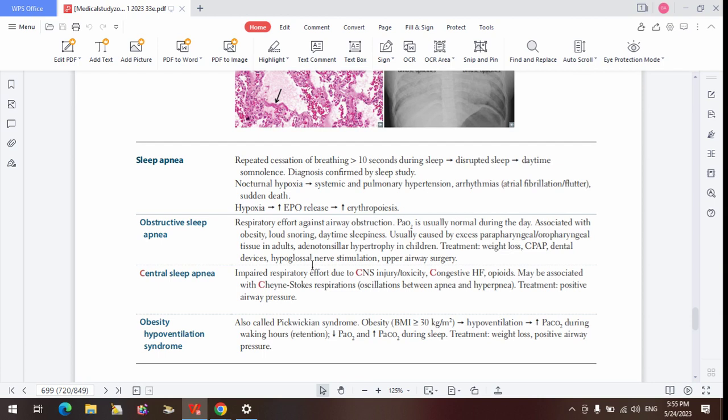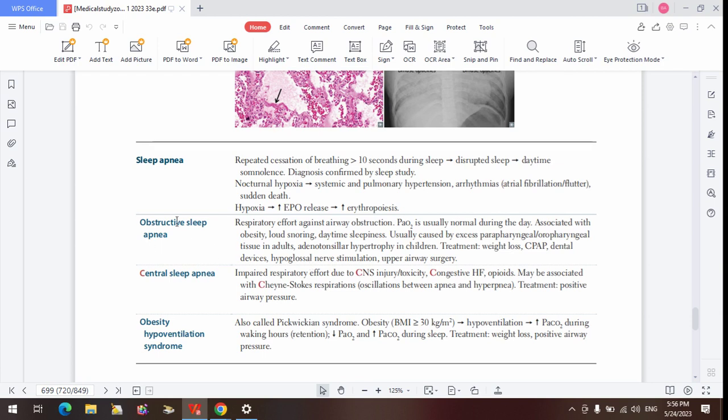Just imagine someone having a lot of mass, a high amount of tissue deposit within the pharynx. The pharynx has the nasopharynx and the oropharynx. The oropharynx is the one from the mouth that is leading to the trachea downwards. So if there's obstruction at that area, that means that you are not able to get air across those upper airways downward to the trachea. So because of the obstruction, they tend to exert a lot of respiratory effort to overcome those obstructions. That respiratory effort that they exert brings about the snoring that you see.